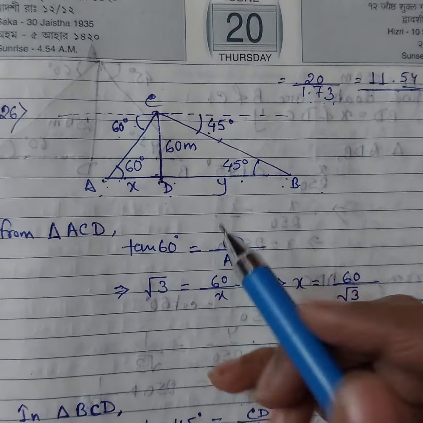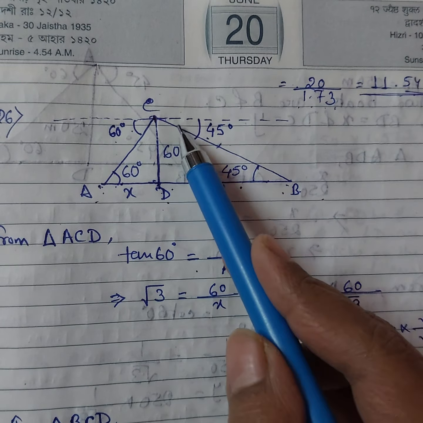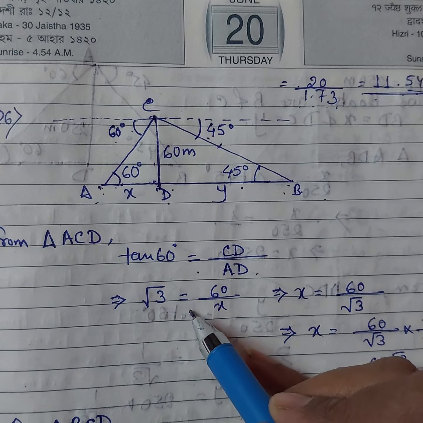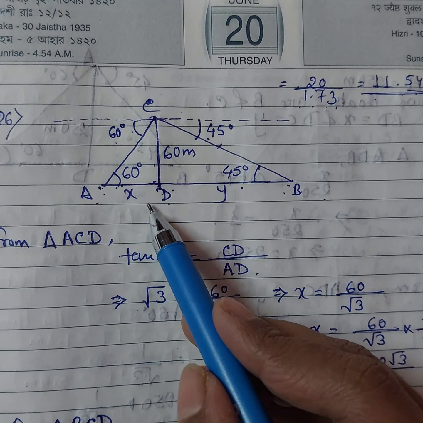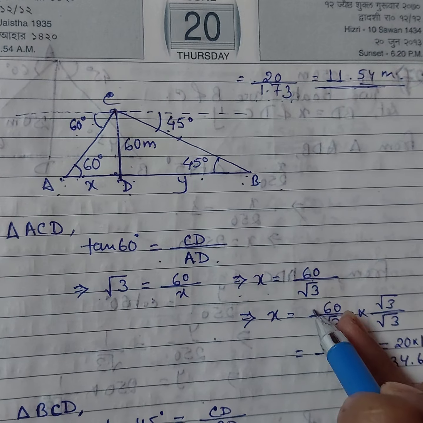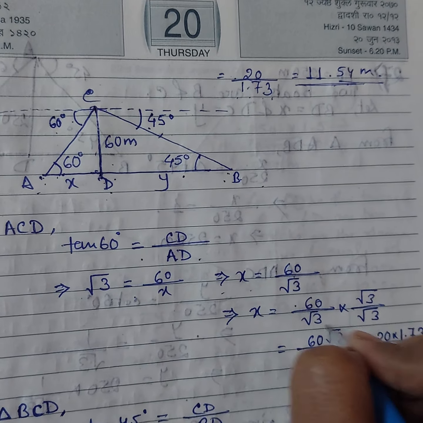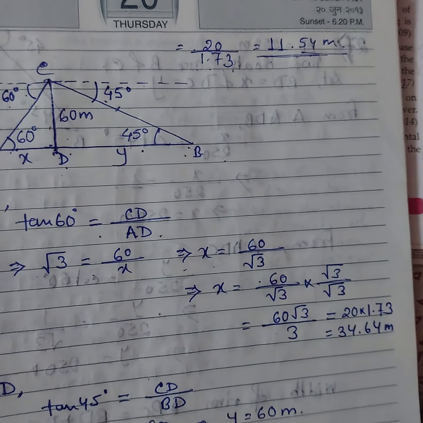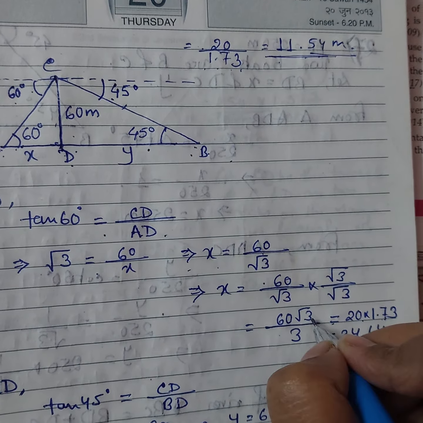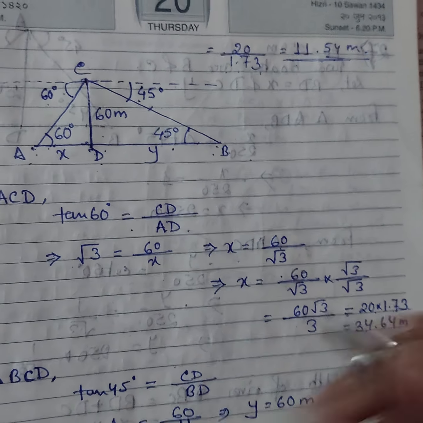Okay, so from triangle ACD, tan 60 degree equal to CD by AD, that implies root 3 is equal to CD, means 60 by X, that implies X is equal to 60 by root 3. So X is equal to 60 by root 3 into root 3 by root 3. So that is 60 root 3 by 3, that is equal to 20 into 1.73, that is equal to 34.64